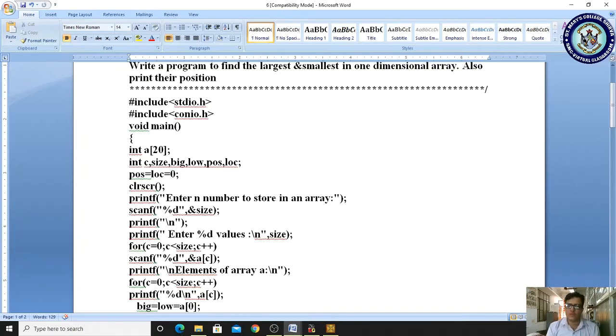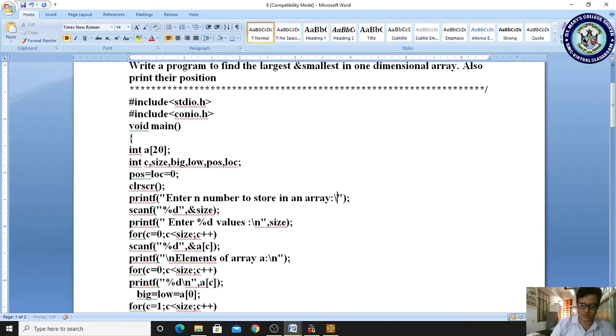Now we want to give the size. For that I am reading the value from the keyboard, the value of n. If you are getting confused about size, then you can put it as an n. So I am taking it as a size. Now I am giving it as a 5. So the size of my dimension is to store 5 elements. Through the keyboard I have given it as a 5, and now we are entering the value.